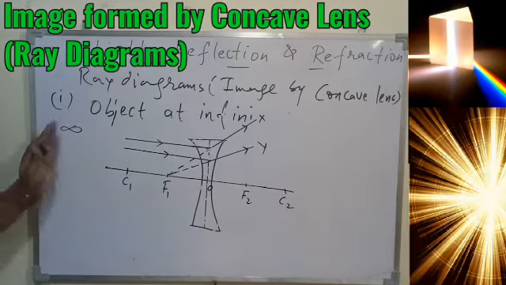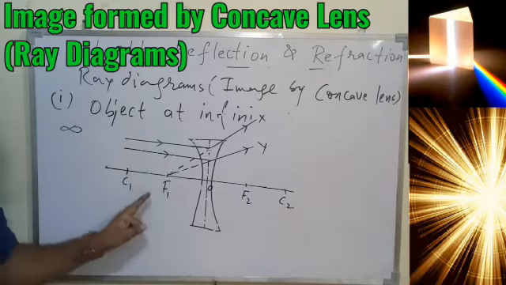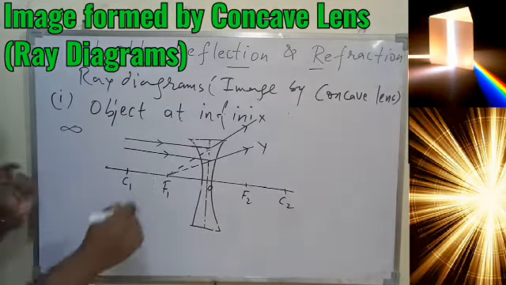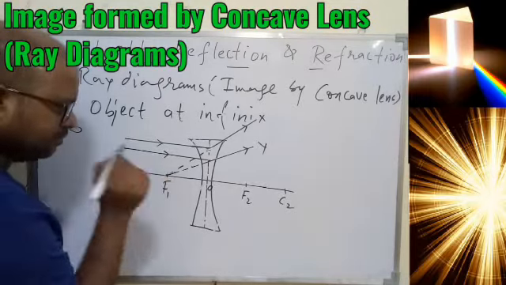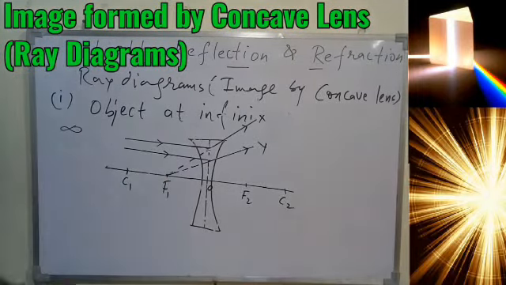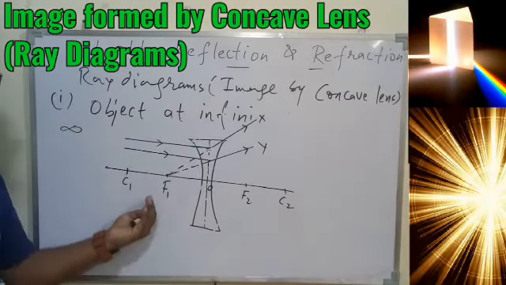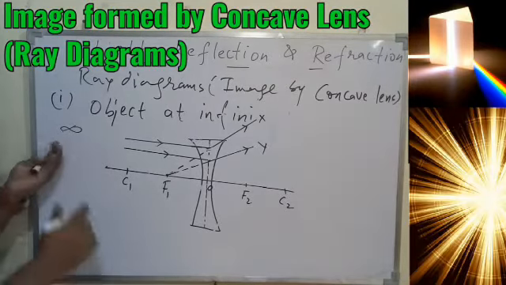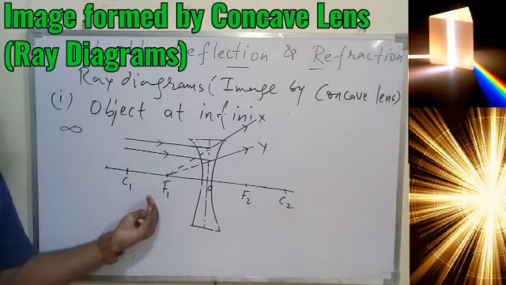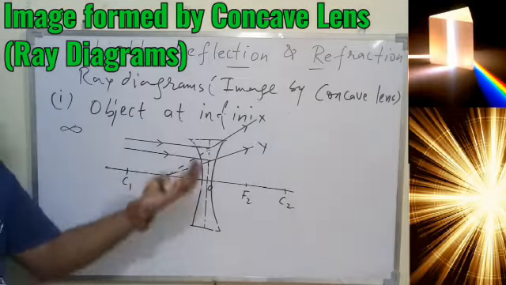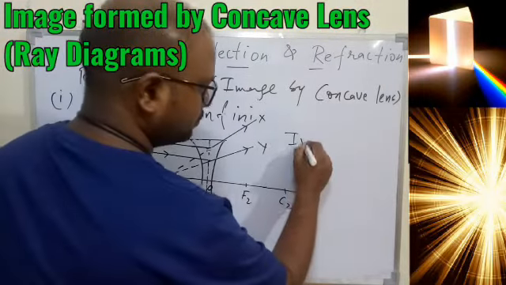So if they are basically diverging from F1, we can say all the rays that come parallel to the principal axis will start diverging from the focus, and based on the concept the image will be formed at the focus only, but that image will be virtual and on the same side of the lens. That is understood here. So the object is on the left hand side, the image is also on the left hand side, and that was not the case for a convex lens. So from here we understood in general.